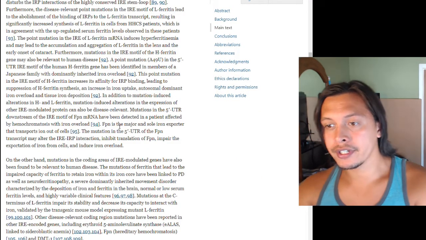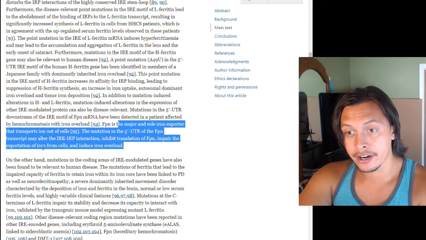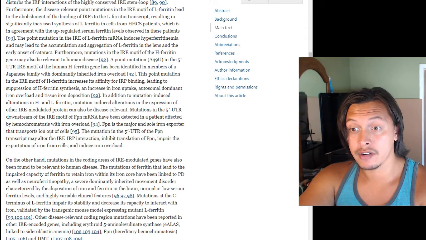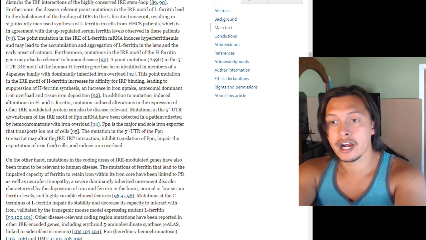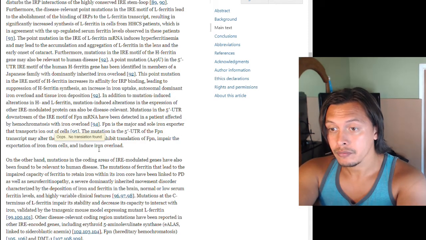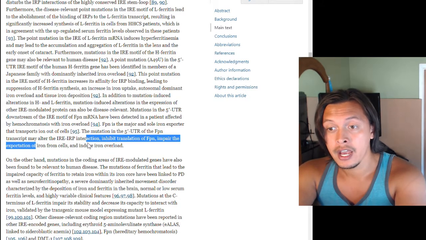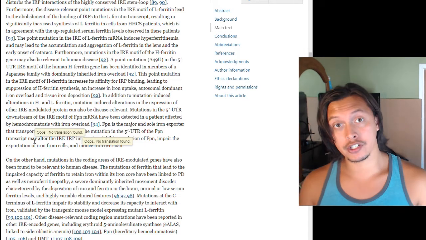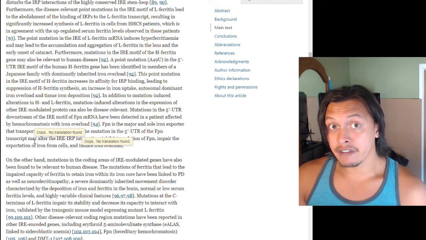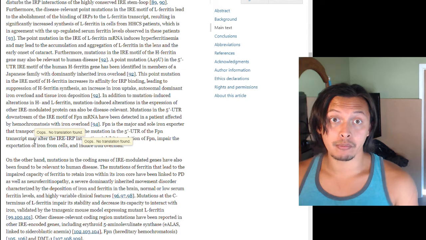So ferroportin is the major and sole iron exporter that transports iron ions out of cells. The mutation in the 5' untranslated region of the ferroportin transcript may alter the IRE-IRP interactions, which inhibit translation of ferroportin and impair the exportation of iron from cells. And this is inducing iron overload. So if your cells are not able to pump iron out efficiently, and that requires having enough of these iron transporters on the surfaces of the cells, then the iron can build up within the cell